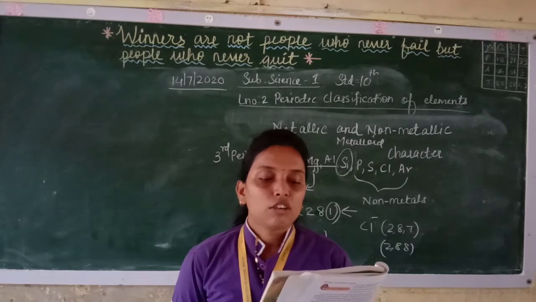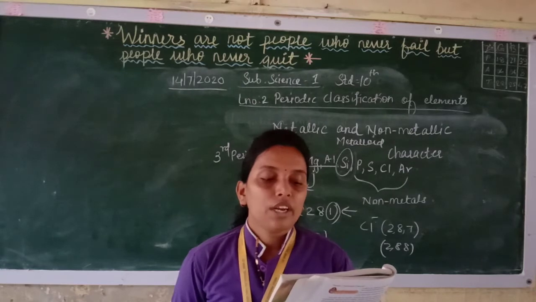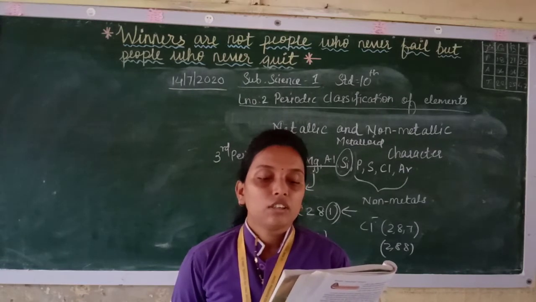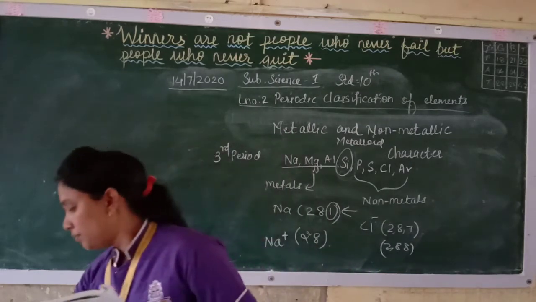The metallic character of an atom is its tendency to lose electrons. Therefore, the following trend is observed: the metallic character of the element increases while going down the group. Now see, while going down the group,